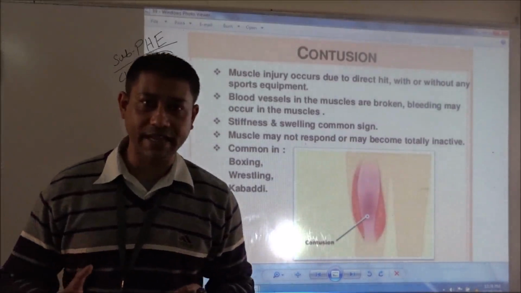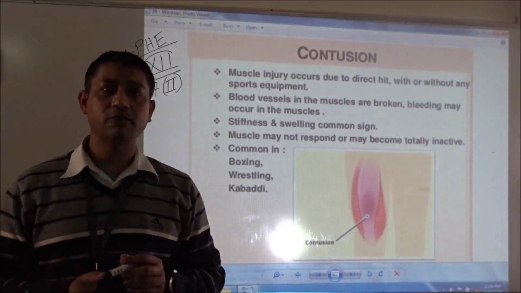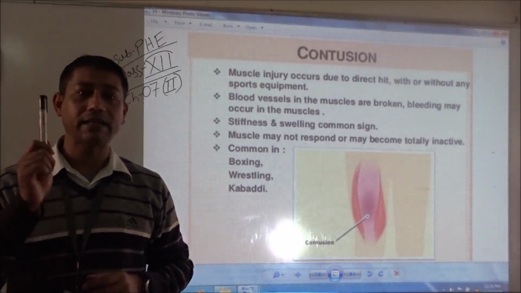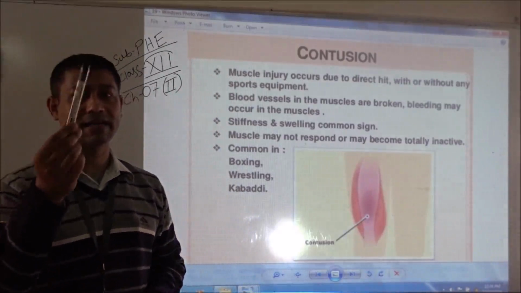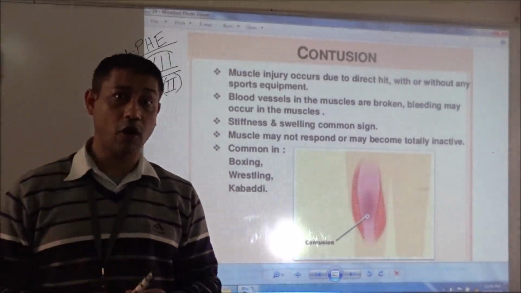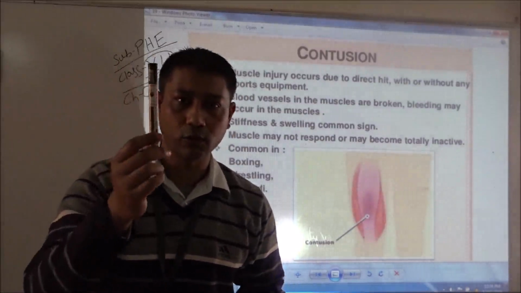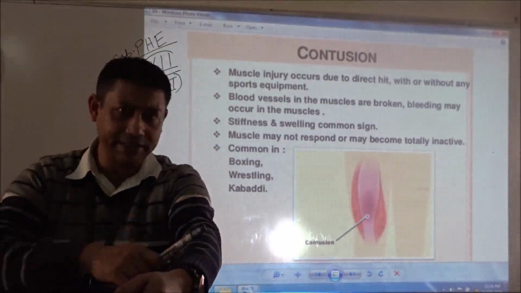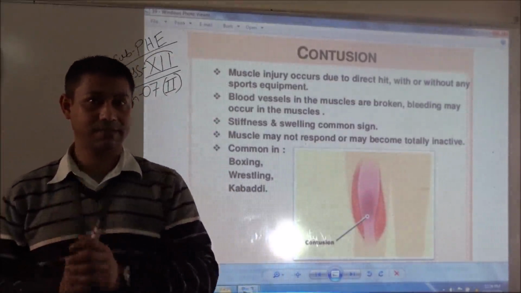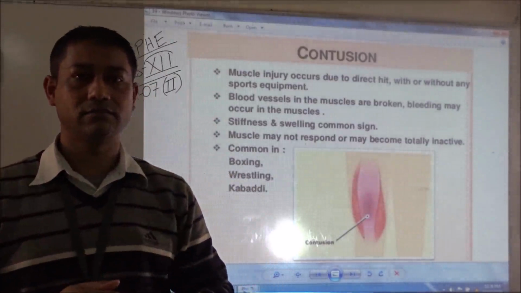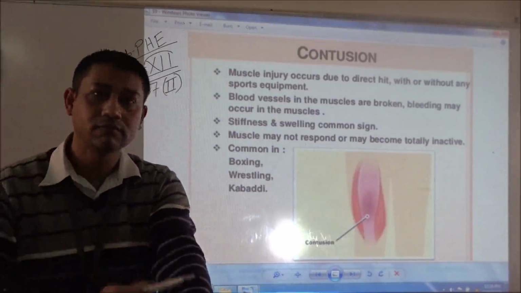Contusion is a type of soft tissue injury where basically the individual got hit by a hard object. For example, students, let us assume this marker pen as an iron rod or any hard substance, a stick. Okay, let us take the example of a wooden stick. So if I get hit over my forearm or any part of the body with the stick, what happens? In your childhood, many times you might have got hit by a stick.